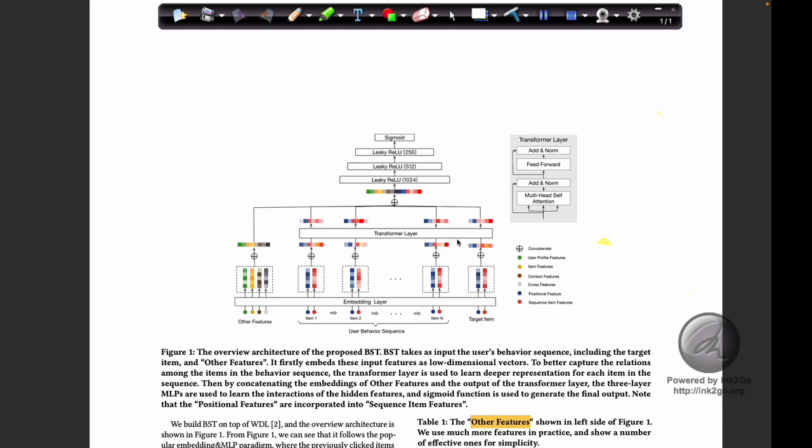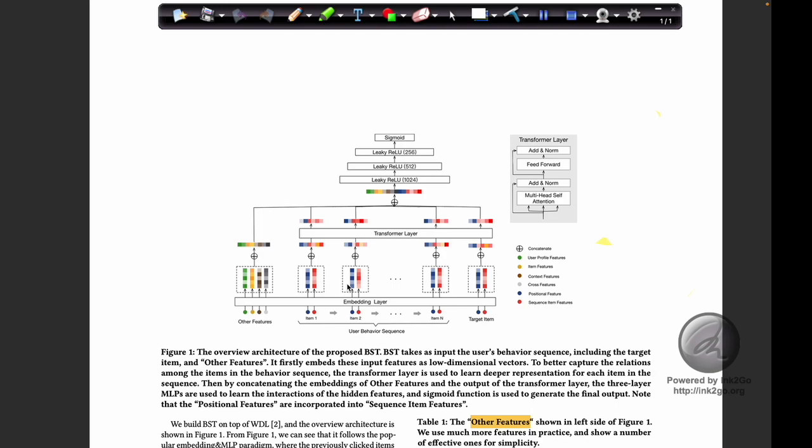layer was incorporated. As you can see, all the features related to item ID and category ID are separated out and positionally encoded. These blue vectors are positional encoding vectors, and finally they are concatenated and fed into the transformer layer, whereas the other features are concatenated and fed separately. So why are only the category ID features and the product item ID features separated out?